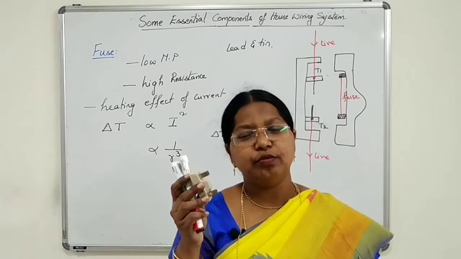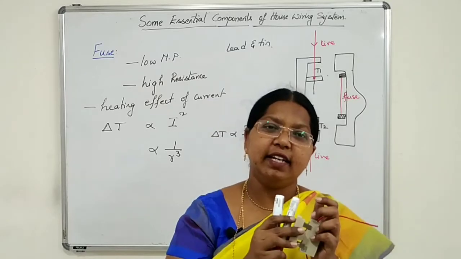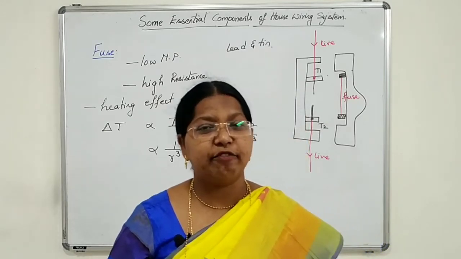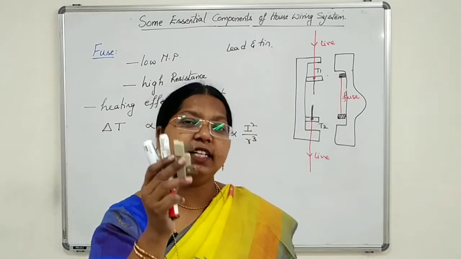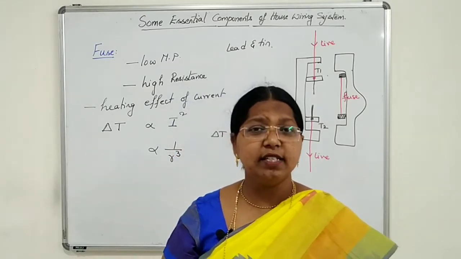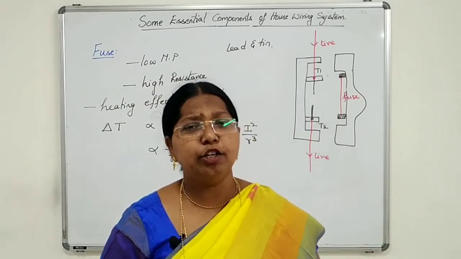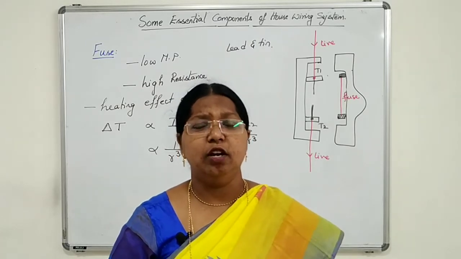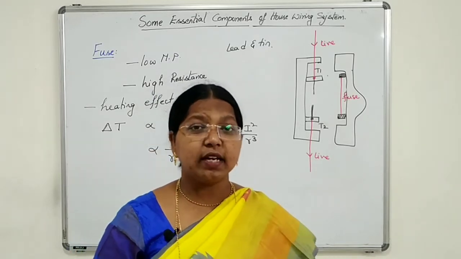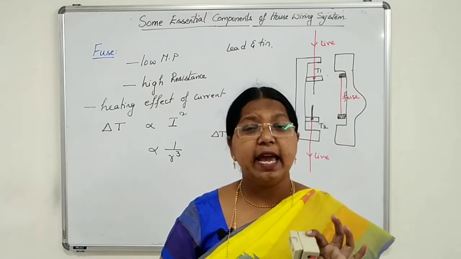So then what should we do? We will open it, replace this fuse wire and then connect it back after rectifying the problem in the appliance or the circuit. After rectifying the problem, we will reconnect this fuse wire. We will replace and reconnect it. So always, whenever there is a problem, this fuse wire will melt and break. It is very difficult to change this fuse wire frequently, whenever it breaks and melts. So to make it convenient, now instead of this fuse, we are using MCB.